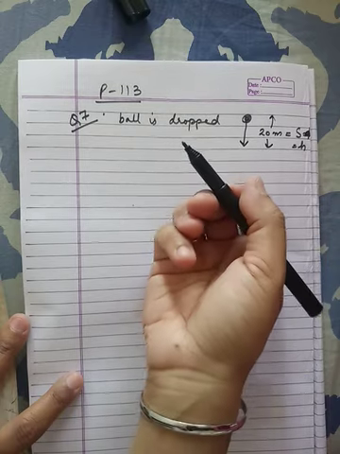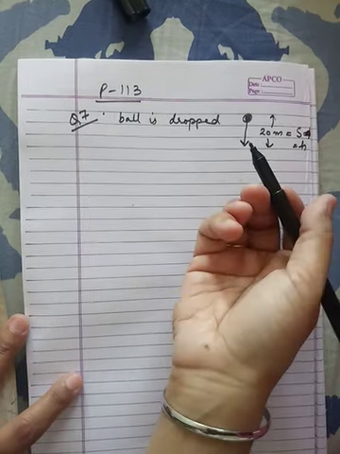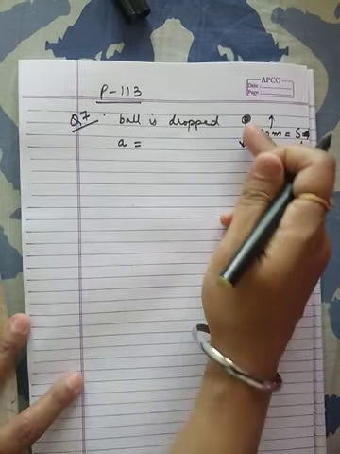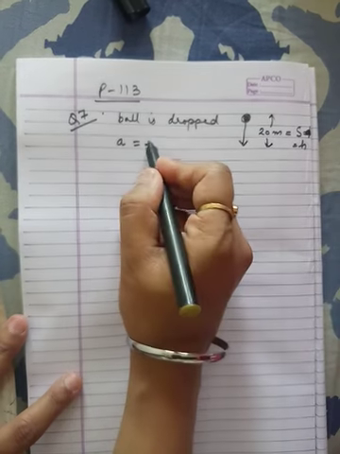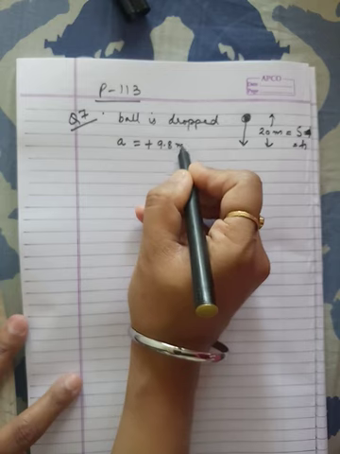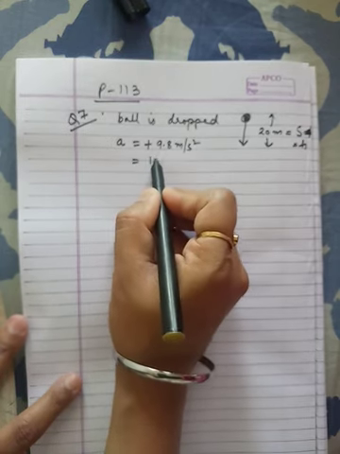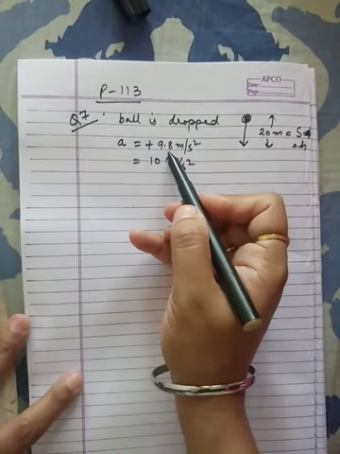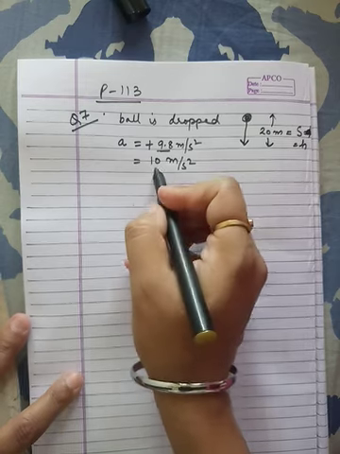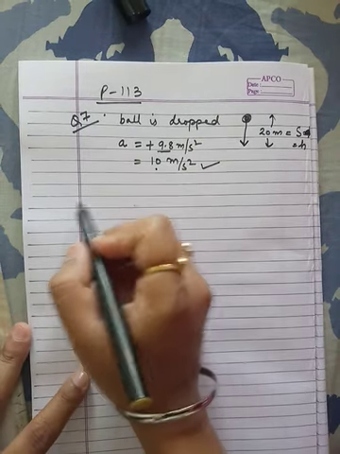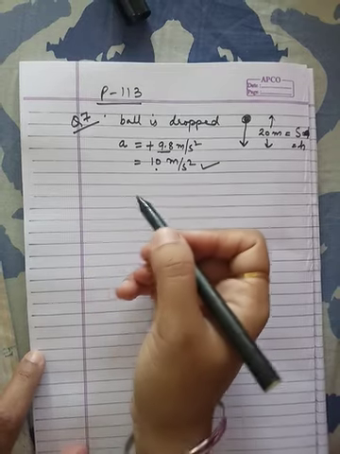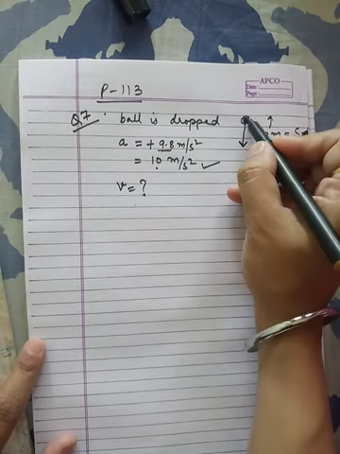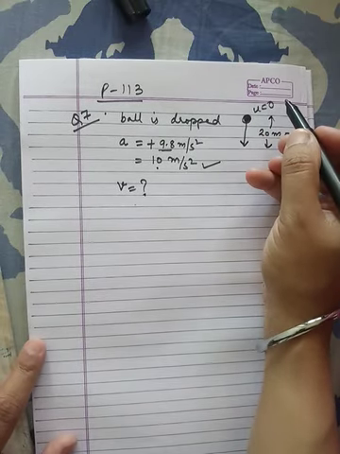If its velocity increases at a uniform rate, that means its acceleration is given. When it is falling, then acceleration is positive, remember, and it is 9.8 meter per second square, but here it is given to be 10 meter per second square. The question is asking to round off 9.8 and take it as 10, so we will take 10, right? With what velocity it will strike the ground, that means final velocity we need to find out. Here initial velocity is always 0, that we have understood.